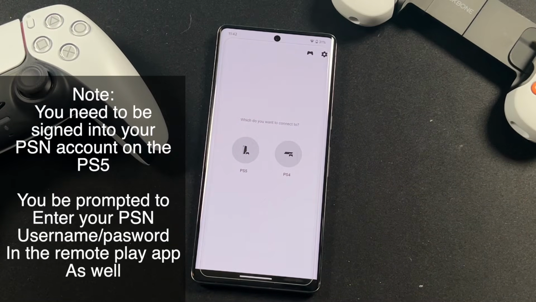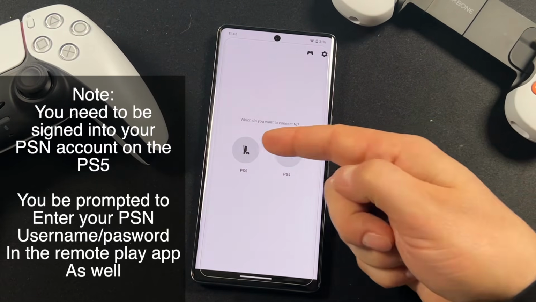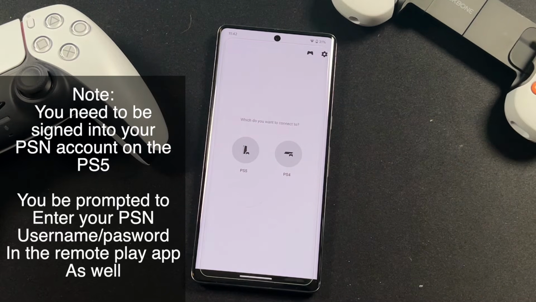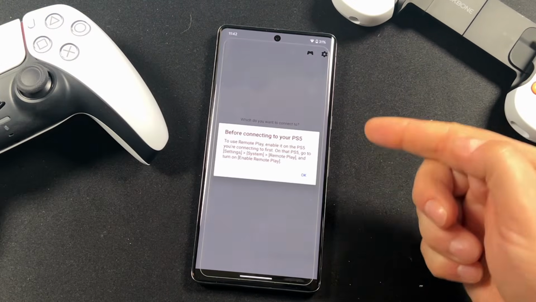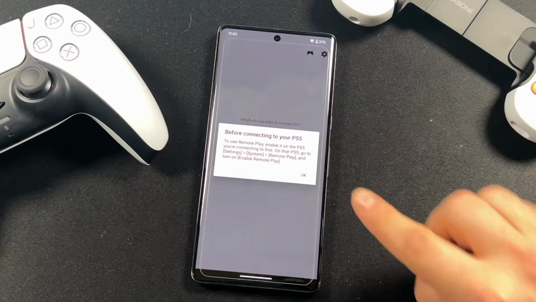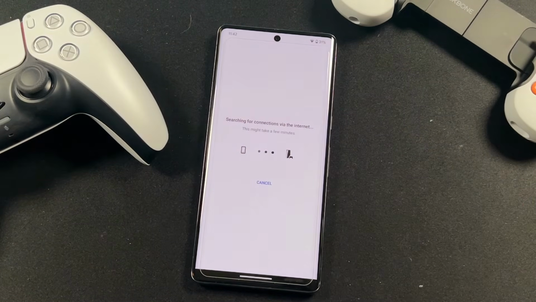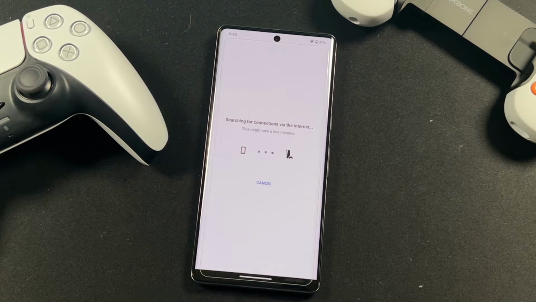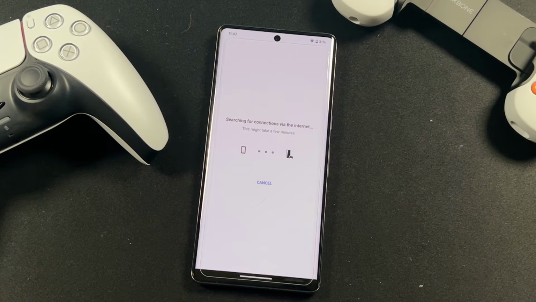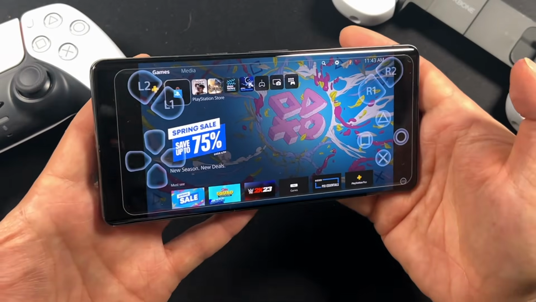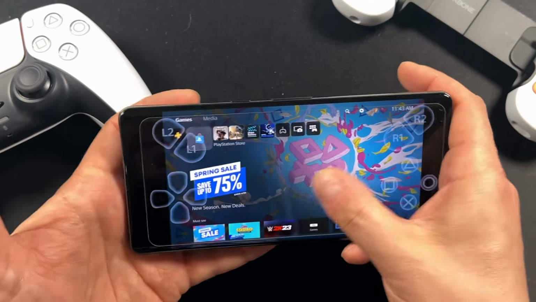Now, the first time you open the app, it's going to prompt you like this to decide if you want to connect your PS5 or your PS4. So you can do this for both, but we're using the PS5, so we're going to tap on that. It's going to prompt you again, just like what we did earlier, to make sure that the remote play option is enabled on your PlayStation. We did that. We're ahead of the game here, so we can just wait. And usually the first connection takes about 25 seconds or so. I'll speed it up. And just like that, we're now connected to our PlayStation 5,